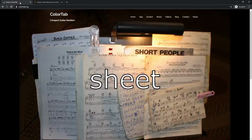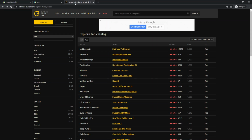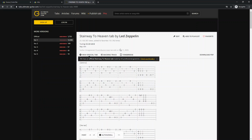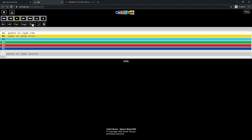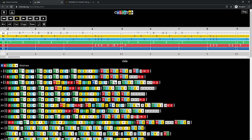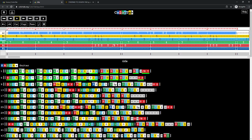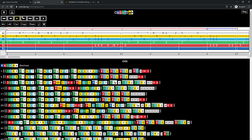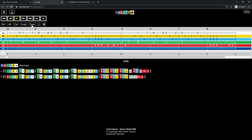So let's continue with our Stairway to Heaven project and grab that tab from Ultimate Guitar, Control A, Control C, paste, and let's just take the first 8 measures of that for starters. We can drag and select like that, copy, refresh to clear it out, paste, and we've got just 8 bars. From there,